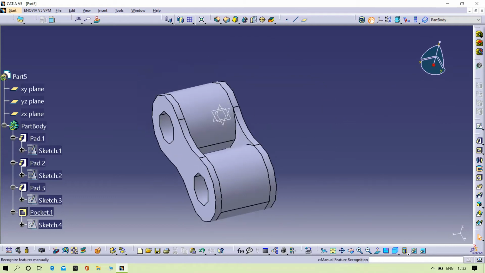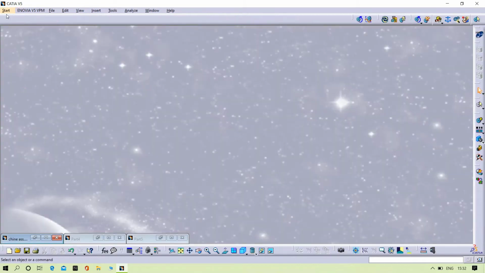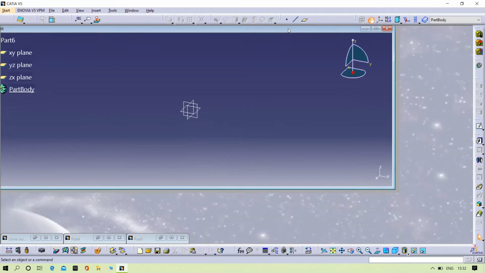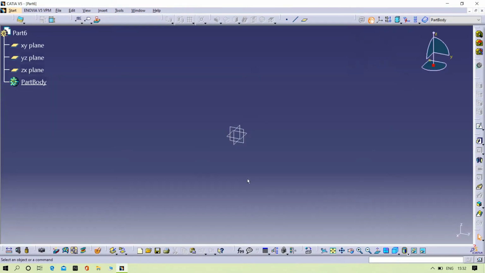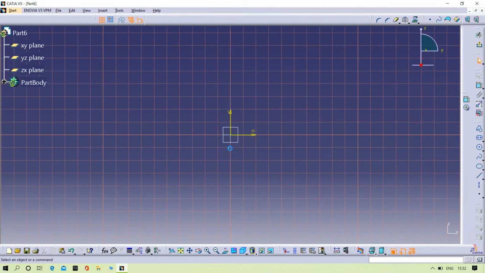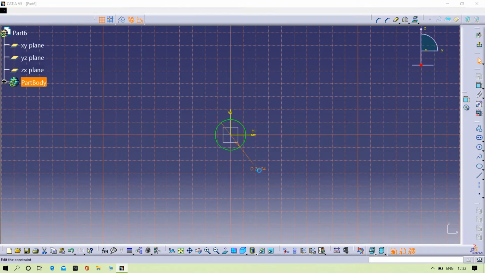Now we are going to design the link 2. For that one, same as it is, we need to open the part design. Let us open that one. Yeah, it's opened. Here we need to again draw the 5 mm dia circle.